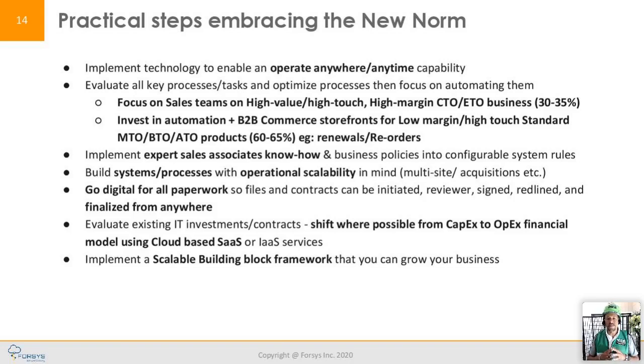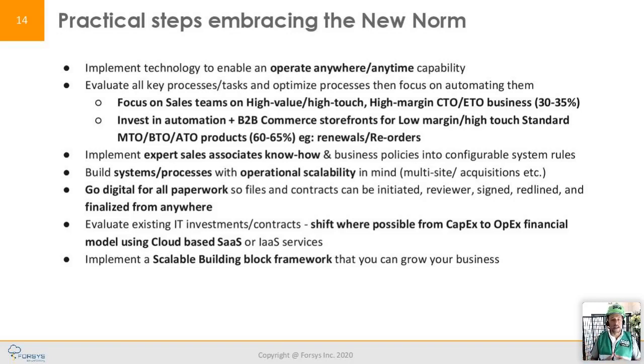Okay, and shifting. This is one for the CFOs and the financial people in the business. Moving your IT investment from "I've got to buy servers, I've got to buy systems" and all that, move it to the cloud. Move from a CapEx investment strategy to an OpEx. If that makes sense for your financial model and your investment model, move that investment over to cloud-based systems. Everything that we're talking about in our portfolio includes cloud-based solutions that allow you to truly scale where cloud is best at.